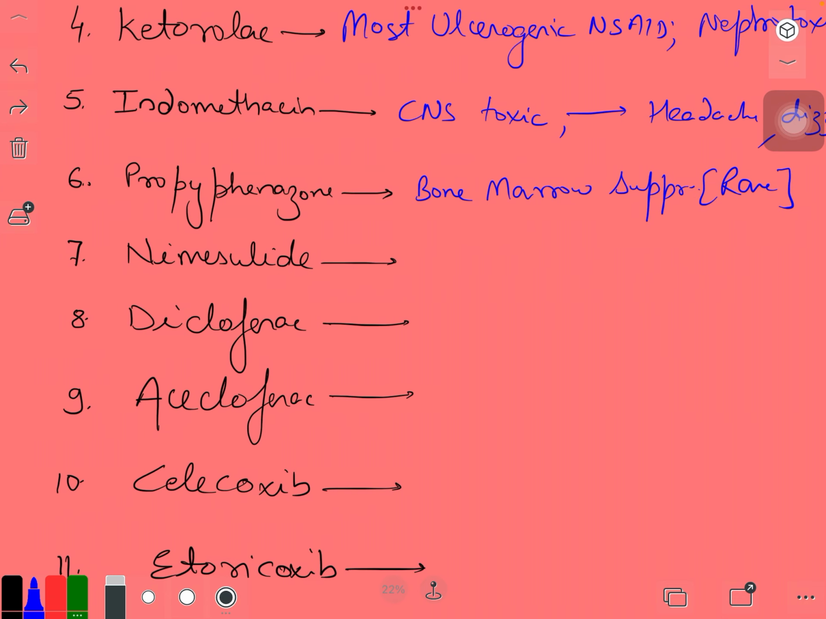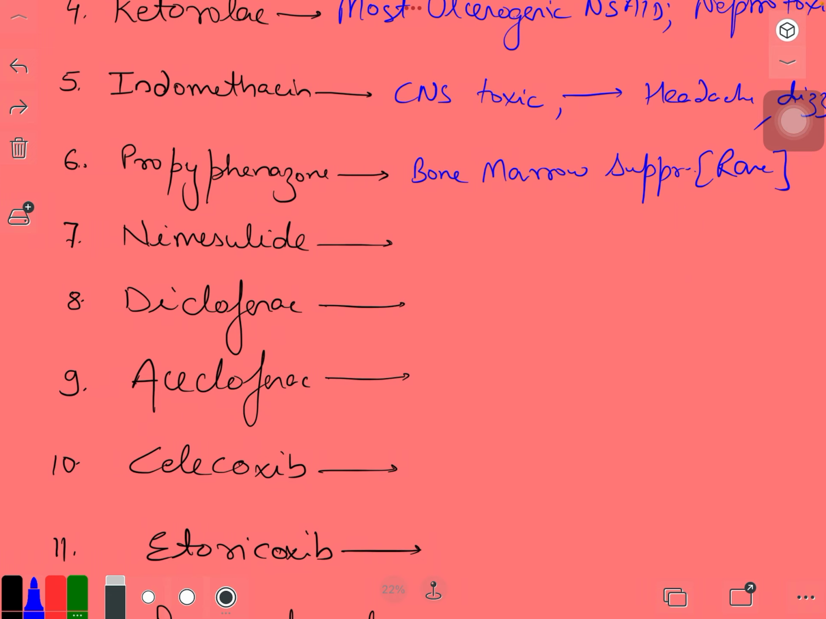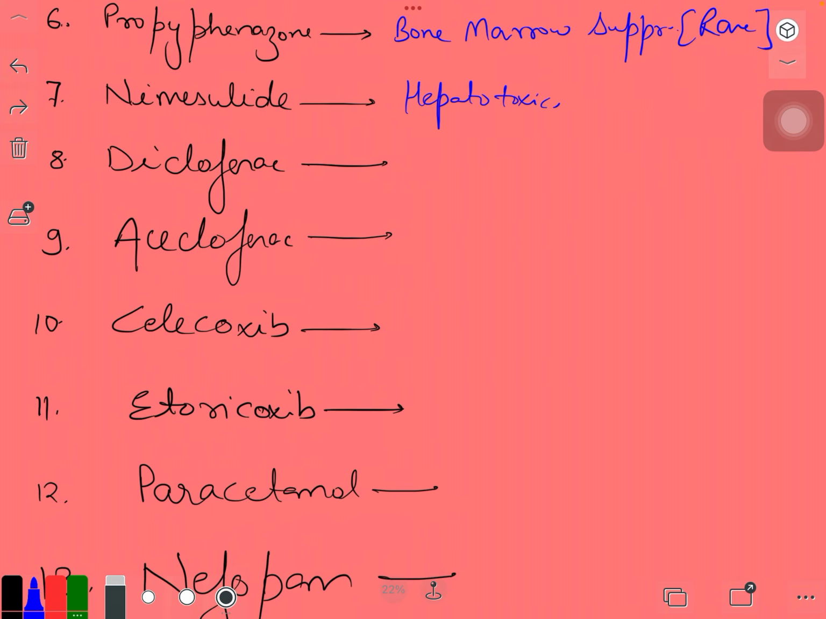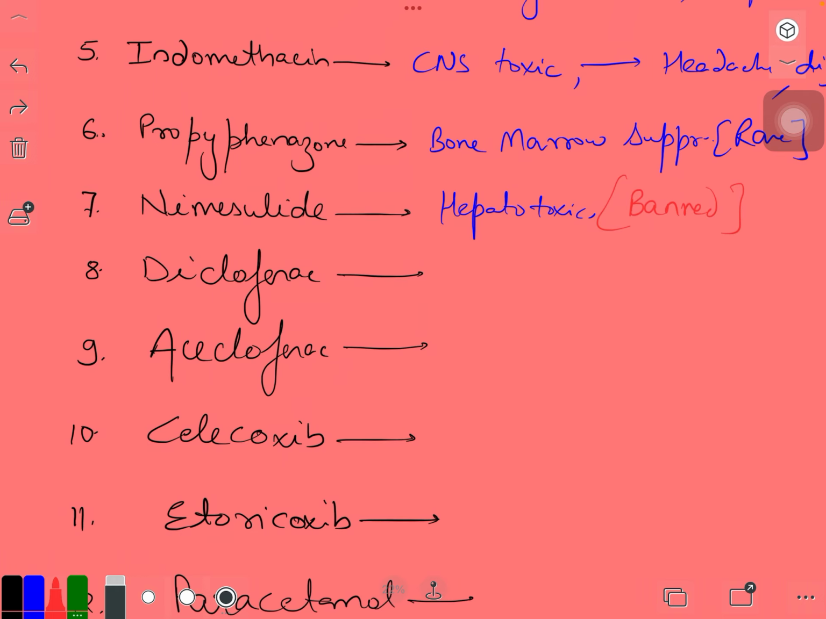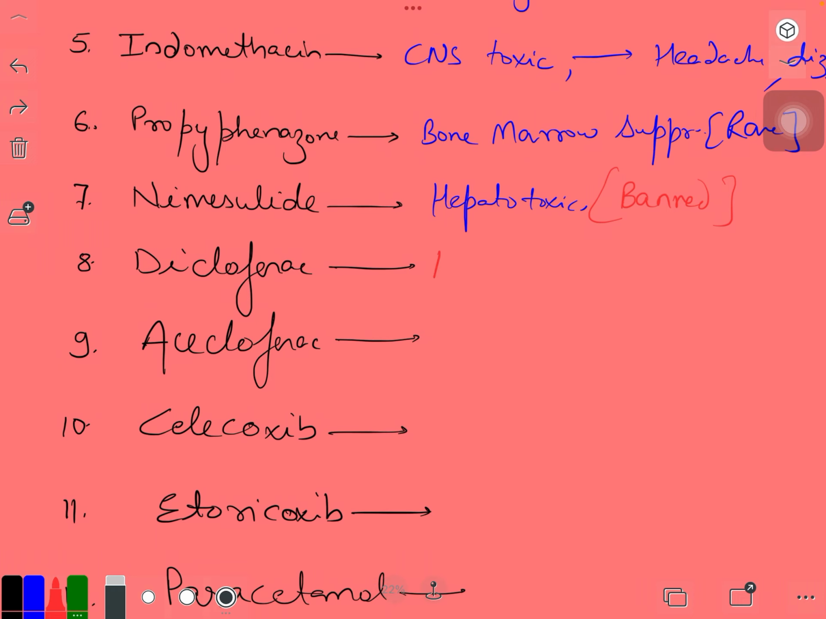Nimesulide is banned in many countries, even I don't know why, but it is still in use in India. It is highly hepatotoxic, right? This is the only thing you should know, and it is banned in most countries. Next is diclofenac. It increases the liver enzymes. And